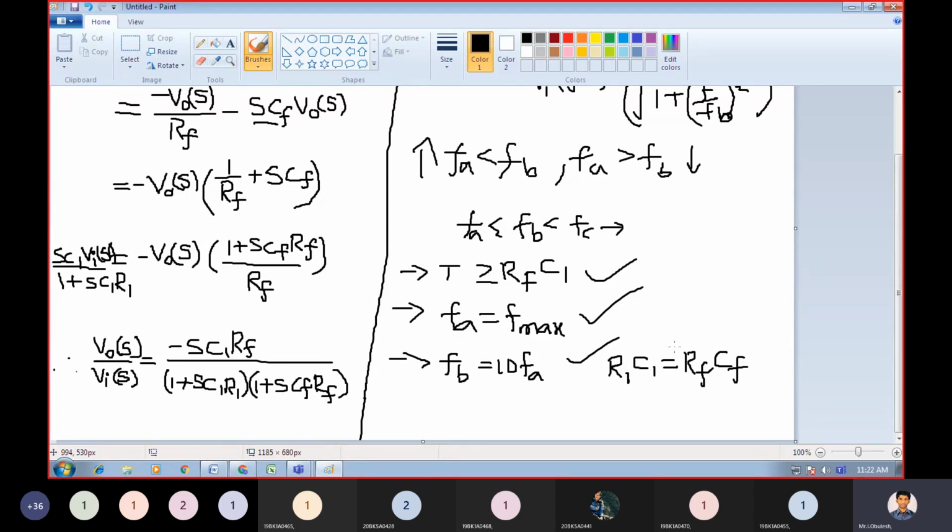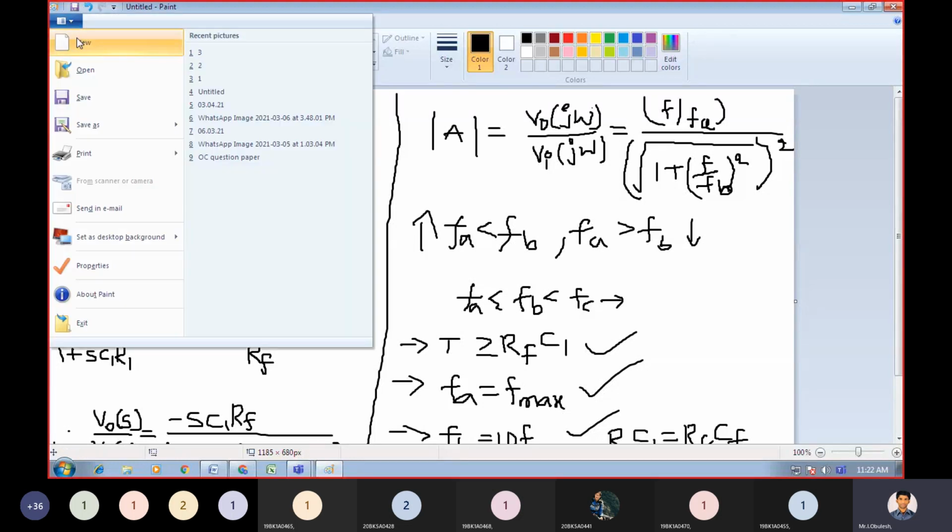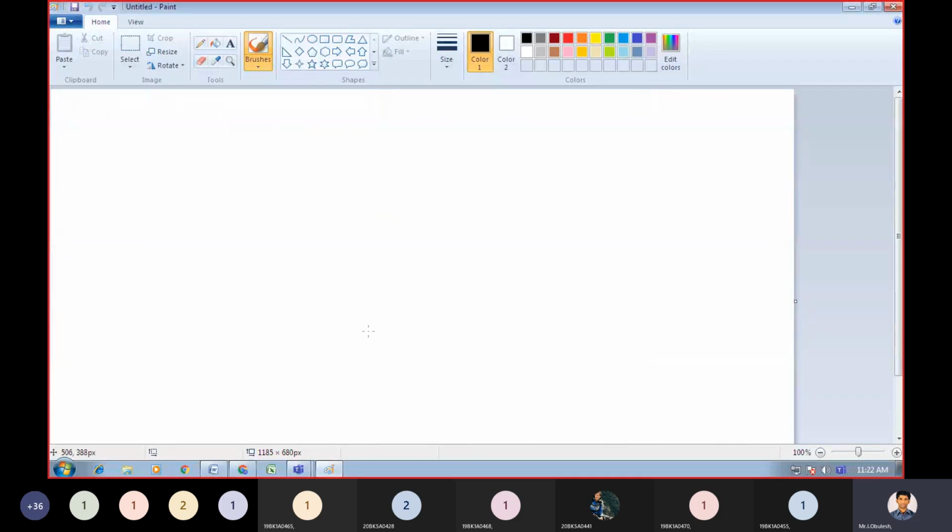This means that if you apply your input as a sine, or your input as a square, what type of outputs will you get at the output terminal? What is the input signal waveform? So we need to draw. Up to now clear? I think there is no doubt at all. Then we need to draw the input waveforms first. Let us assume if you have a sinusoidal input, then you will get the sinusoidal output only.